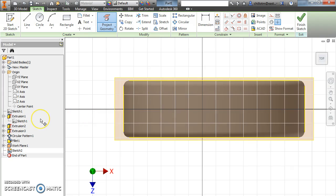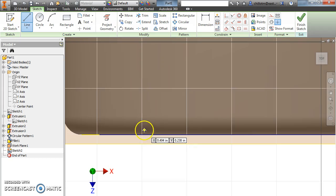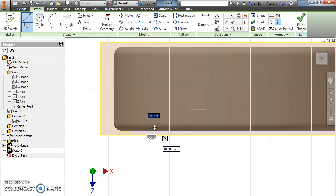I just brought those in for reference points. Alright, so now as I start to draw this, what you want to do is I'm going to come in with my line tool, and you could start out here at the edge. You don't necessarily need to; if you wanted to bring it in just a little bit, you can do that as well. So I'm going to start here, I'm going to come over, and if I zoom out,